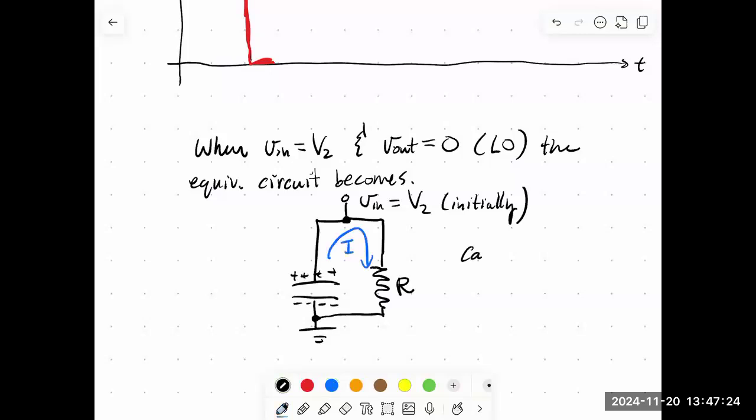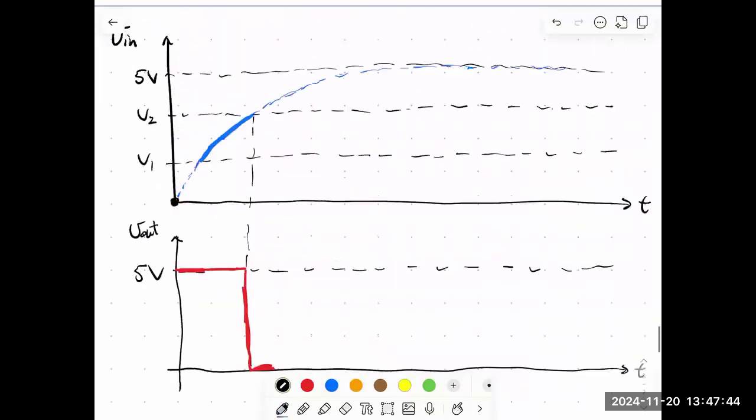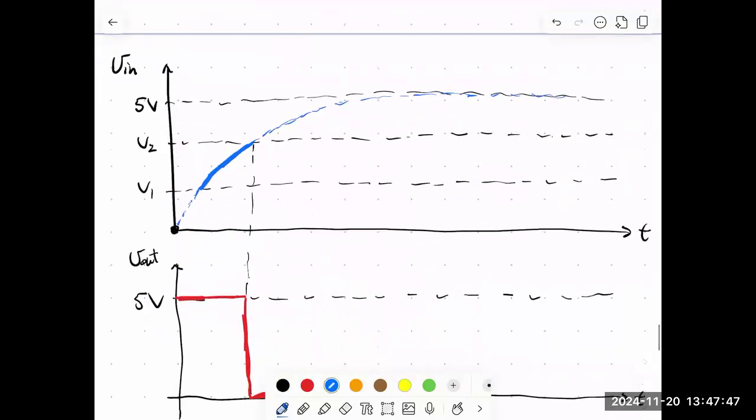So the capacitor discharges through R. Okay, so as the capacitor discharges, this voltage V in is going to decrease below V2. And so a discharging capacitor would look something like this, right? It's exponential discharge. So it begins to discharge,